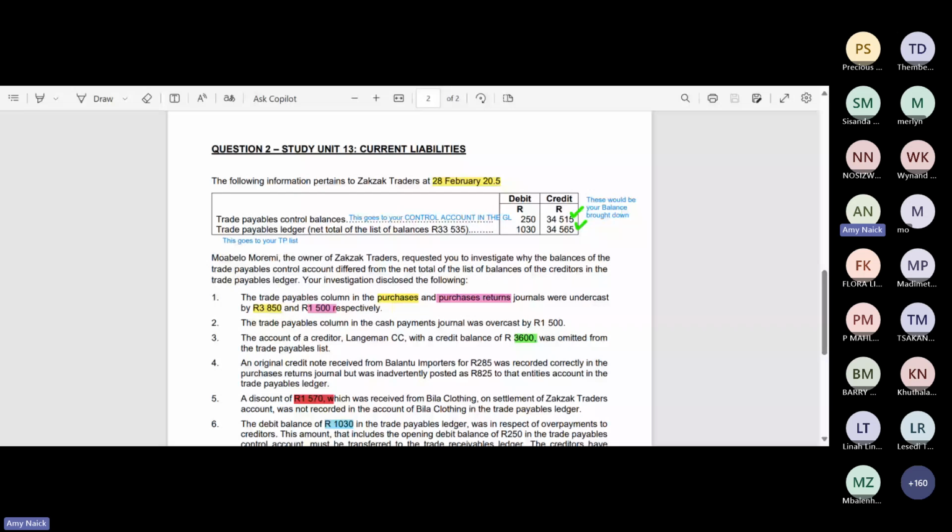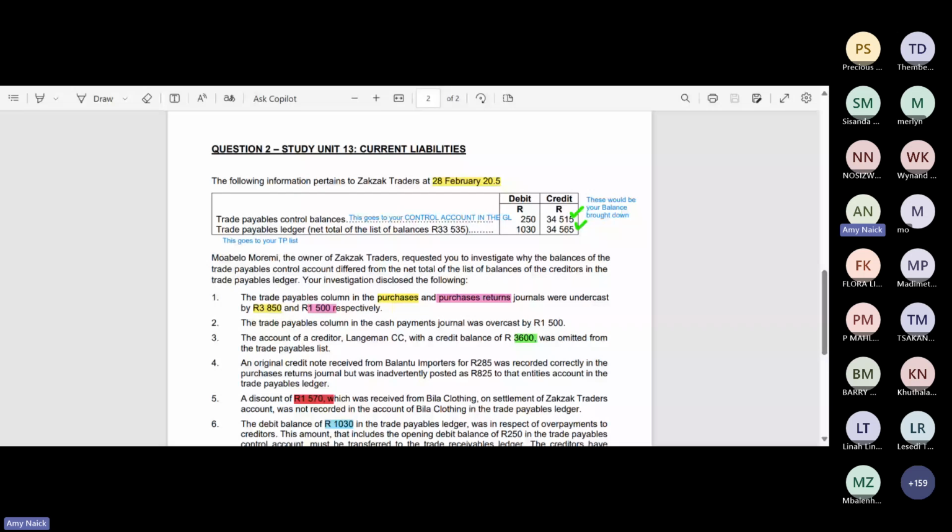So note 1 basically says the trade payables column in the purchases and purchases returns journal were undercast by 3,850 rands and 1,500 respectively. So what is this actually telling us? If we think about the trade payables account, what is actually sitting in a trade payables account? As Sisanda took us through it, you'll have all the people that you owe money to. So if you went out into the market and you purchased something, then you'd obviously raise that creditor in your trade payables